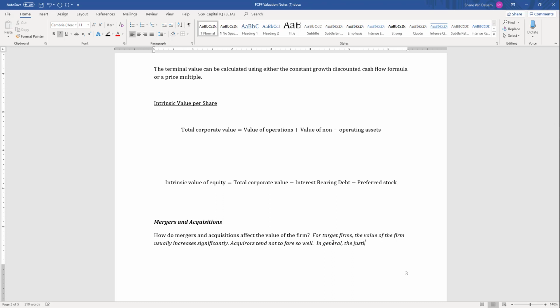In general, the justification for an acquisition, and in this case I'm lumping in the term merger with that, is that the resulting firm will either benefit from efficiencies or